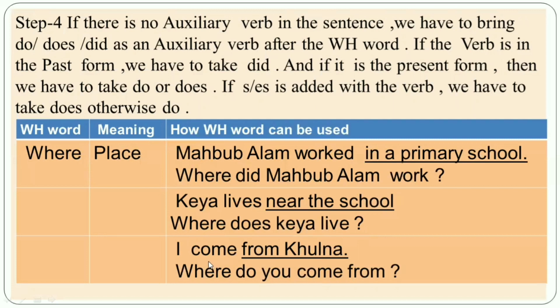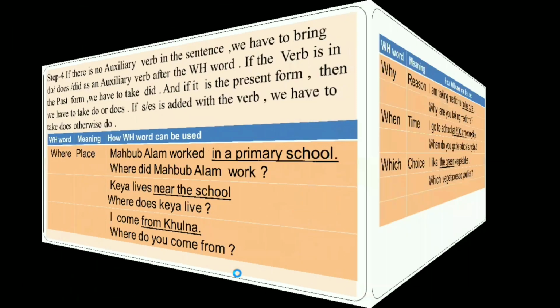Next sentence. I come from Khulna. So here you can see from Khulna indicates the place. So write the WH word where, and there is no auxiliary verb here. So you have to take do, does, did. As it is present form and there is no s, you have to take do. Where do? And instead of I, you have to write you. Where do you, and then the verb, then form. Where do you come from? So my dear student,